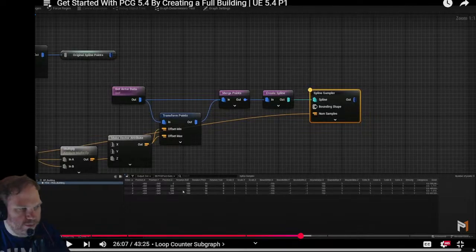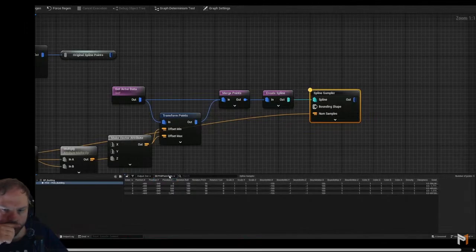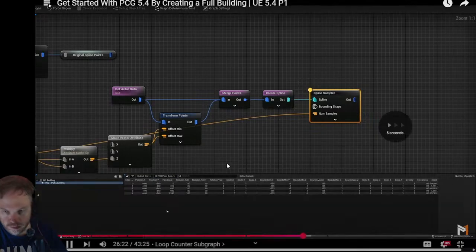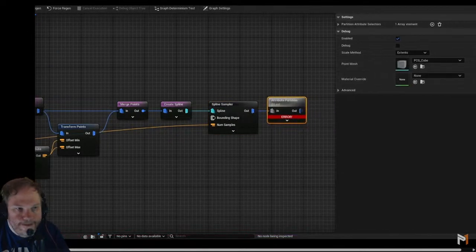I need to understand what is doing there. Maybe, but it's a single point here in this dropdown. What we want is all of these to be a separate selection, so that way we can use them in a loop. Attribute partition. Now by default it's going to throw an error, and to fix that, open up the